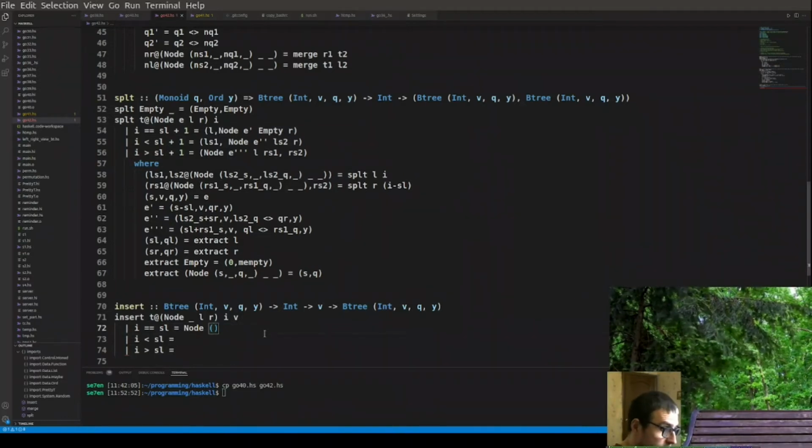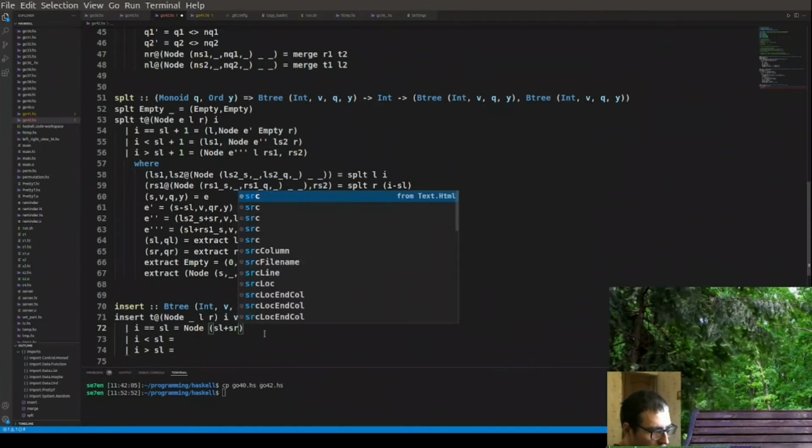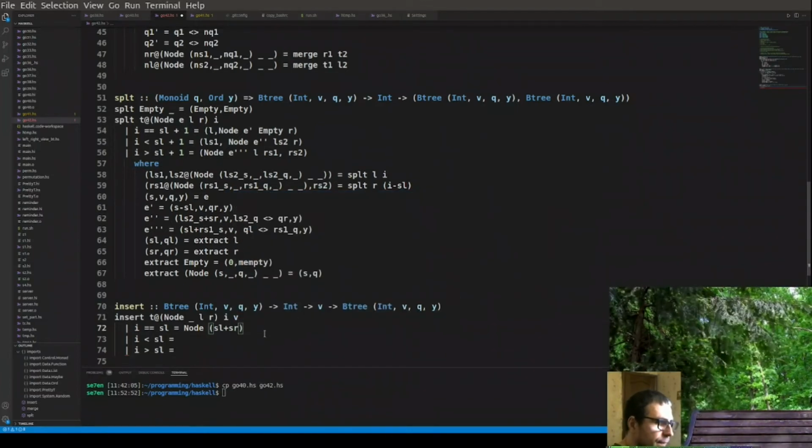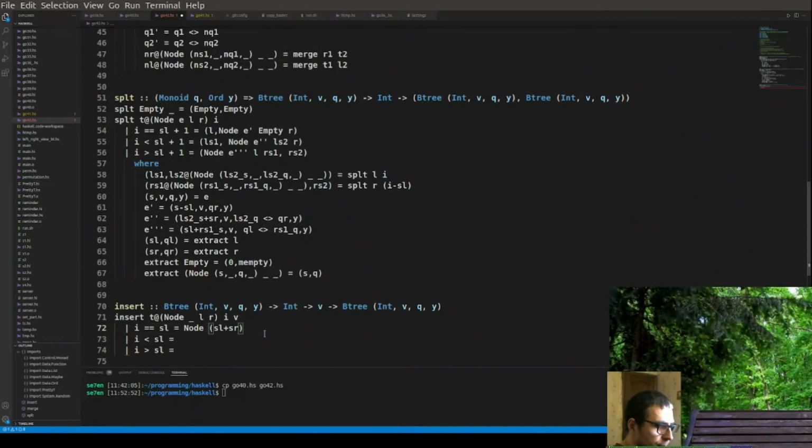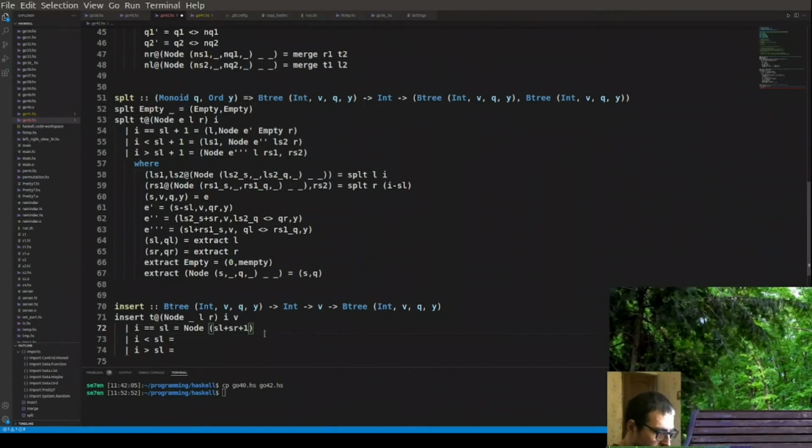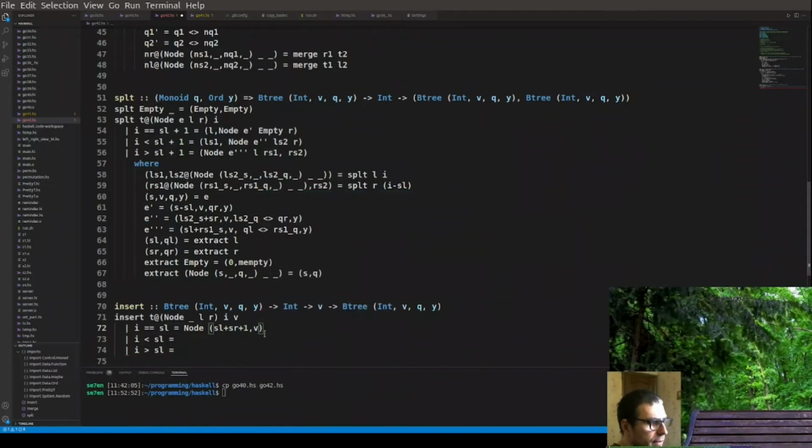Of course, this is the size of the left subtree plus the size of the right subtree, plus one element itself. Also, I need to put the value itself, and the next thing is